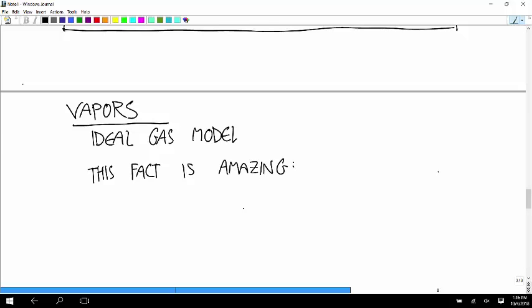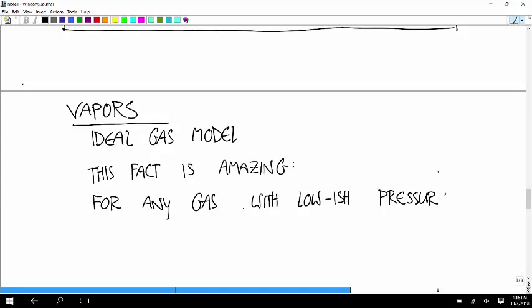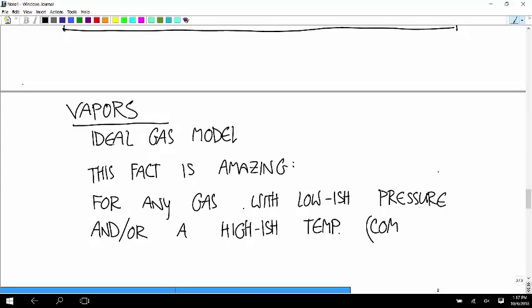For any gas with a lowish, that's a technical term, and/or a highish temperature, and we're talking about compared to the critical temperature and pressure,